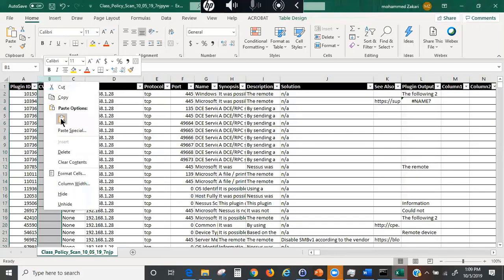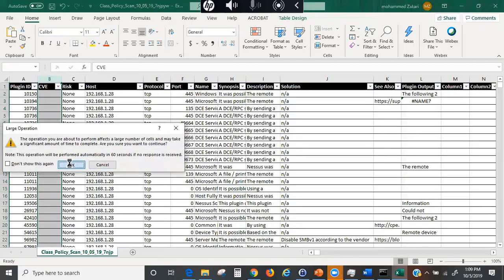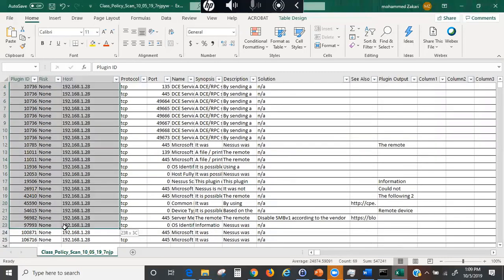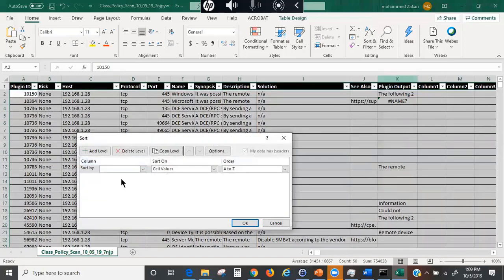So I'm going to delete this. I'm going to delete that. So I'm going to sort by the plugin. All right, so now go back into my sort and filter, custom filter. Now I'm going to set up my filter. So I go here. The very first one I want on my filter is what? The plugin. Where is it? Where is the plugin? Yeah, plugin ID. Oh, man, I need some more glasses, man. Okay, so